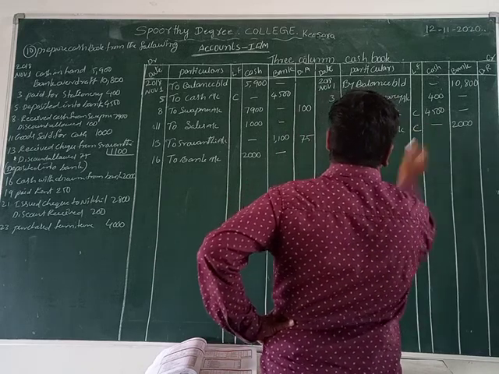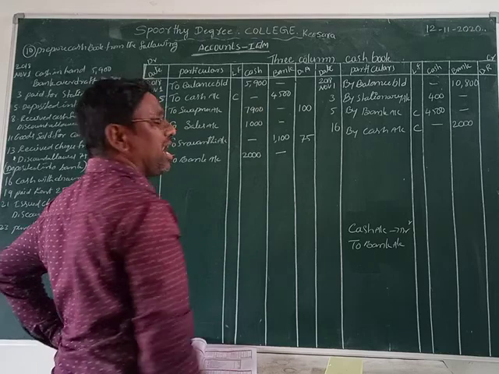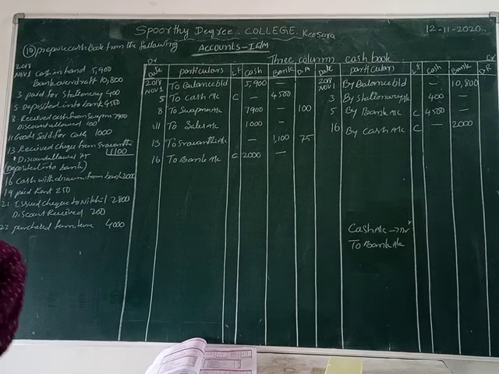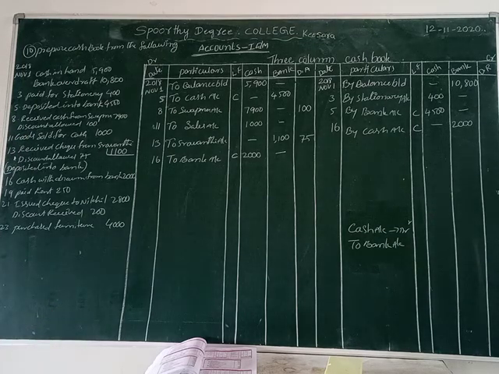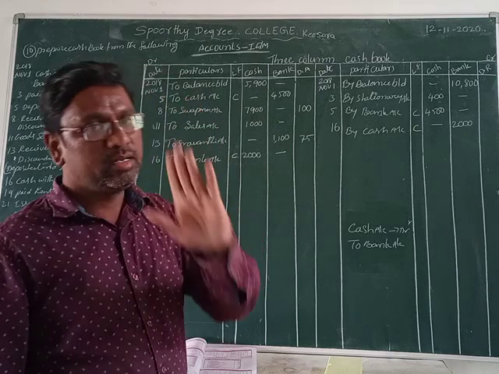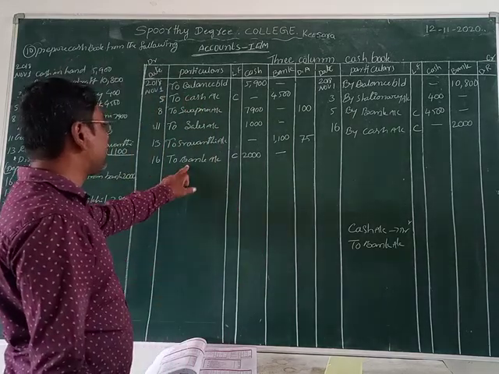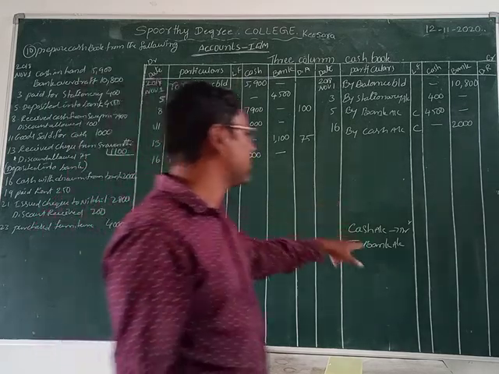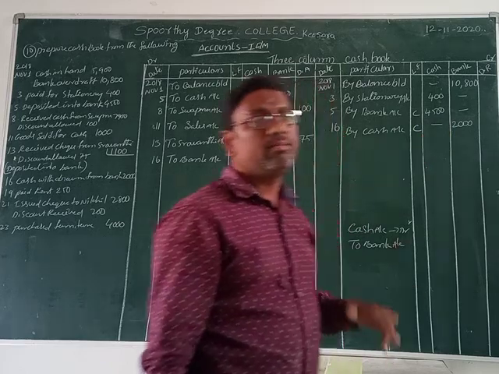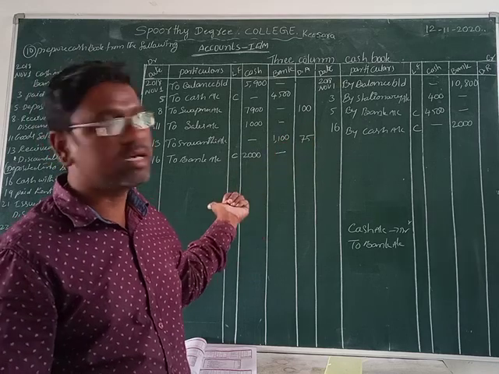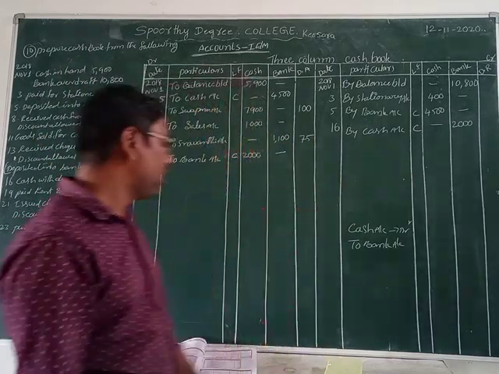What is this? It is also a contra entry. That's why in the LF column we write C. C means what, friends? Here C means contra entry. With the contra entry you can see clearly and understand how we record that. You can remember it, friends. Okay now. So bank is debit. Sorry, cash is debit. We record into the cash column. Bank is credit. We record into the bank credit column. Cash debit column, bank credit column. Why? Because cash comes in, bank is giving. Okay now. Next one.